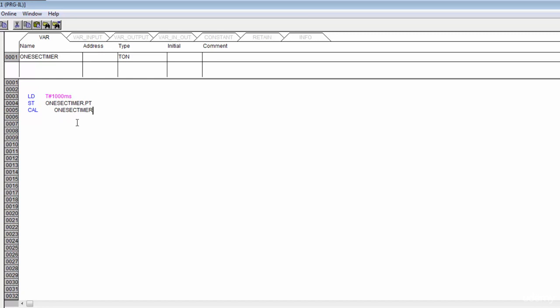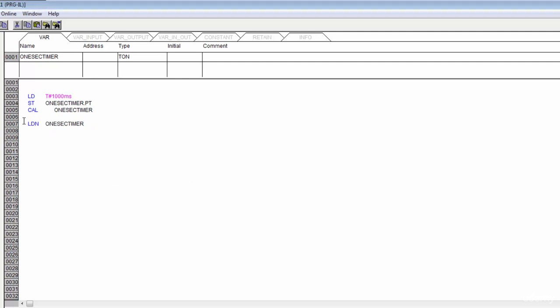Okay, so now I've got my 1-second timer actually set, and I've stored the value in there, and I'm updating that all of the time. So this timer is always going to be running. So anywhere below there, I can refer to that timer. And right here, I'm going to start looking at if that timer is actually timed out. So now we need a way to energize our timer and reset our timer. And to do that, we want to look at the Q property of our timer to see if this thing is timed out. So I'm going to LDN, which means load the negative of my timer,